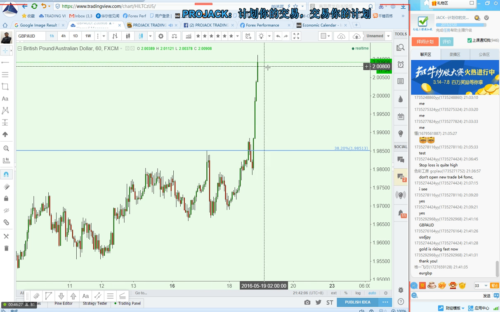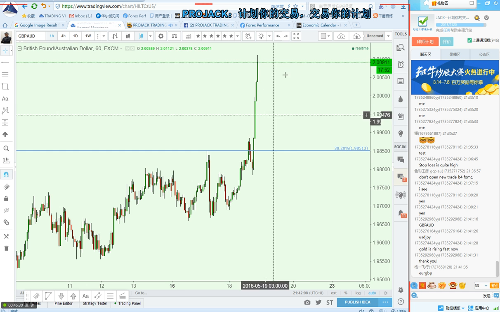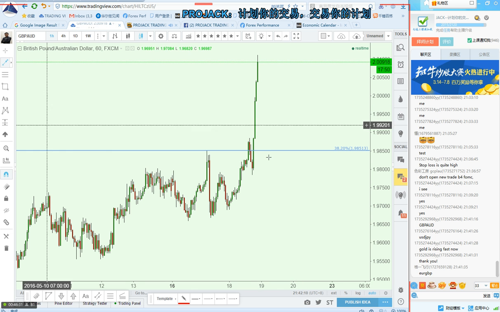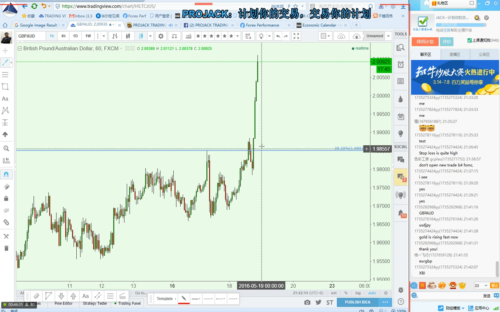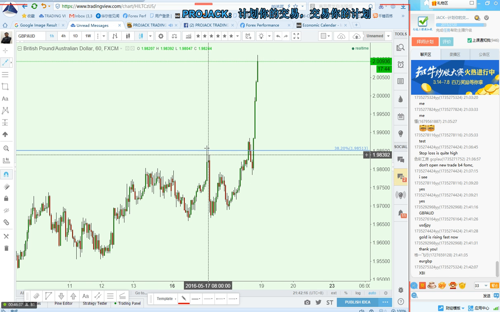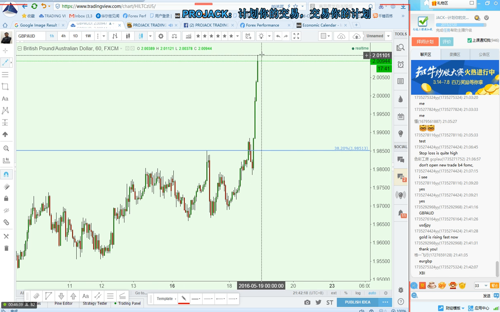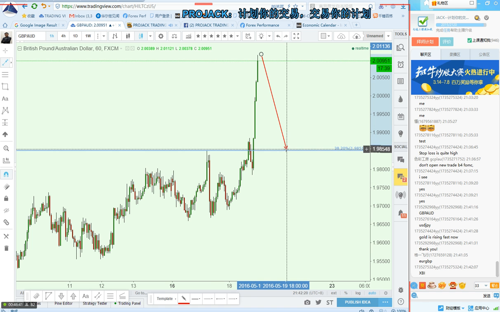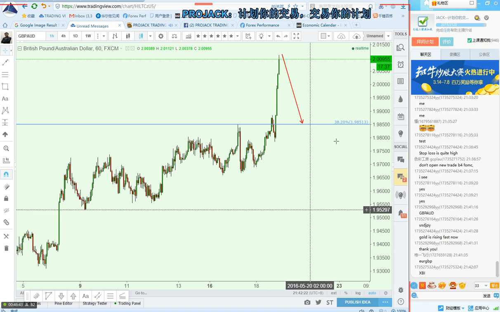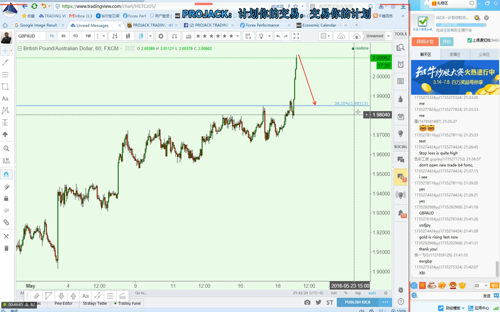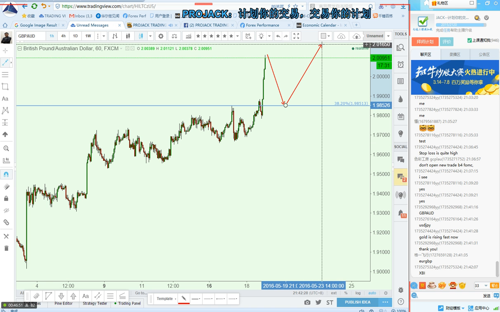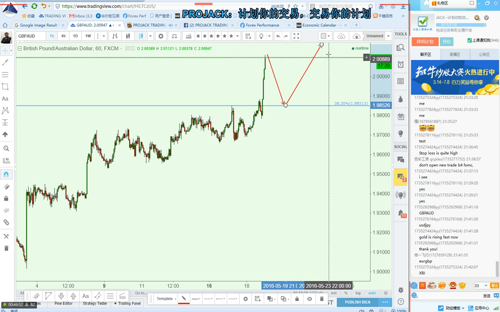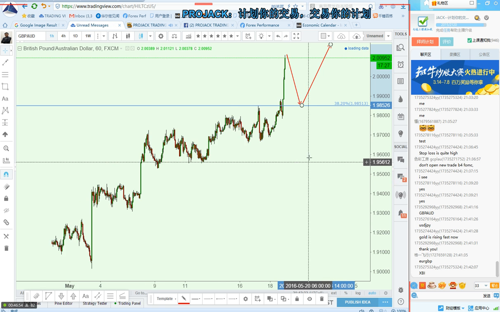If it already breaks the high, the first thing you can do, remember, don't buy high, buy low, sell high. Since it is an uptrend and it already violated the high, if the price comes down here, what can you do? If price pulls back to 1.9850, you can buy. So that's the first thing.